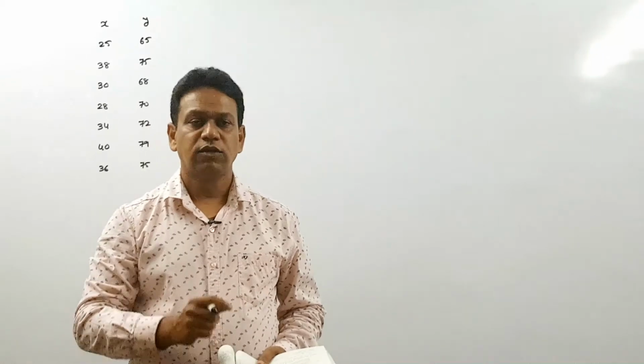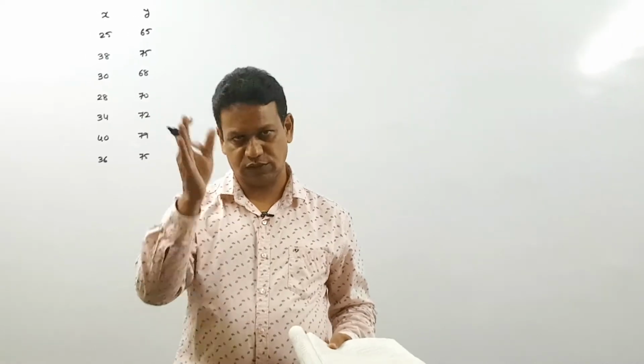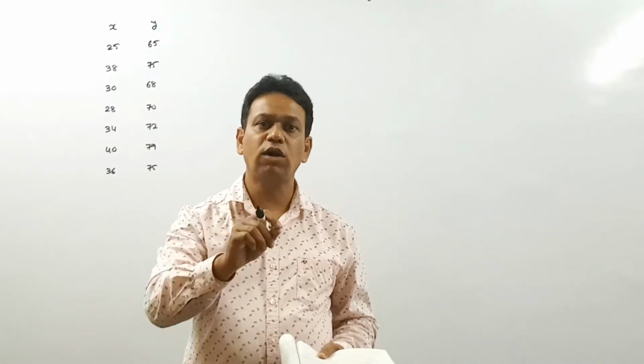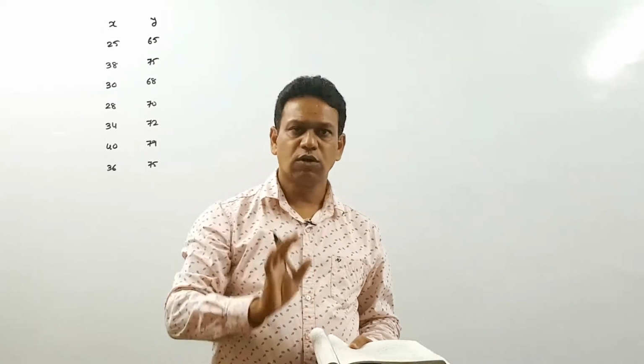Okay, my dear friends, we are going to discuss illustration number 5. So now you are thinking, what about illustrations 1 to 4? Illustrations 1 to 4 depend on the first method, called the scatter diagram, where we have to draw only charts. That means we have two kinds of variables, x and y. After drawing the x axis and y axis, we plot all the values on the graph paper. So this method is closed.